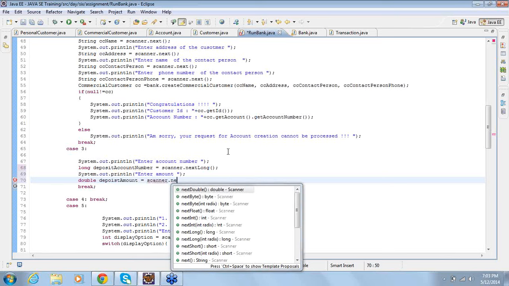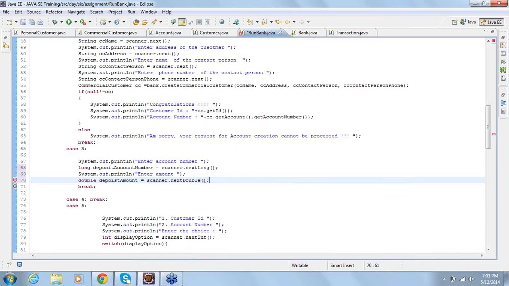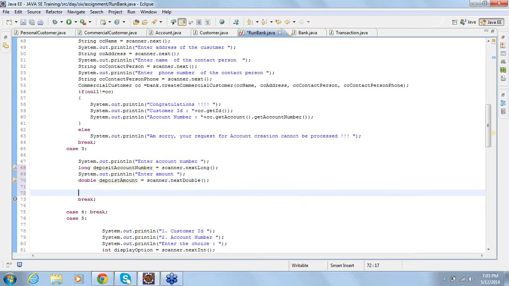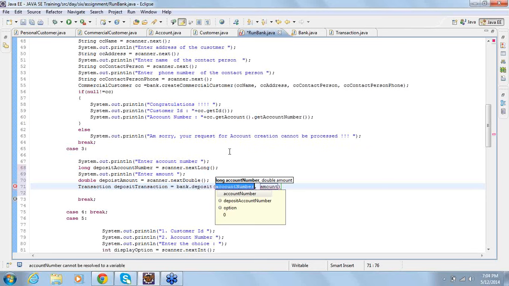Then you can say scanner dot next double. You got a bank object called deposit method, pass the account number and amount.